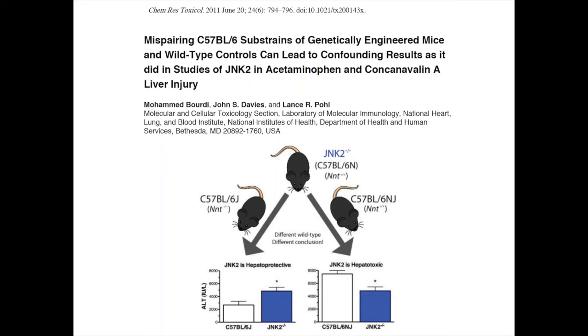This is a group that was working on the JNK2 knockout model. With these animals, they are okay, they are alive, but they have some impact on the liver. So what this group was trying to do, knowing about this mutation, they used two different groups as wild type